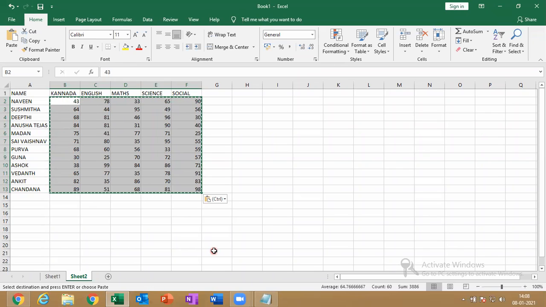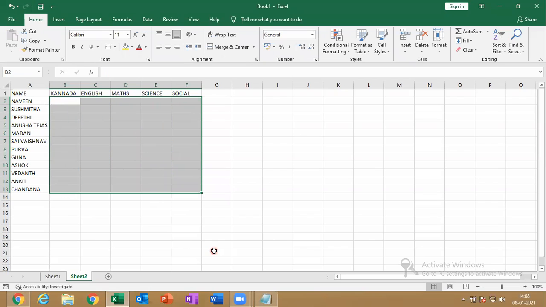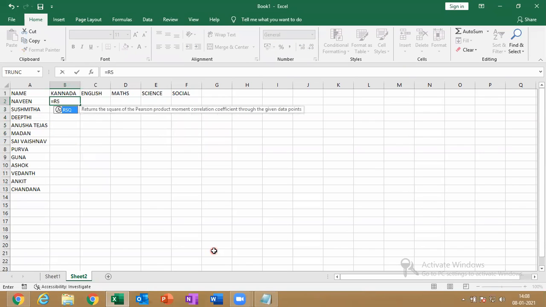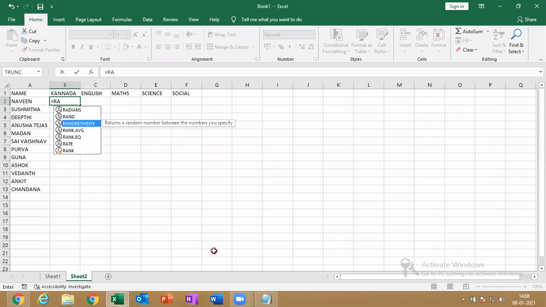So let's go further. Just save this file. Let me do it one final time, so don't take too much time here. Type equals RAND, come down, and use the tab key, or if you have a problem, type RANDBETWEEN and open bracket fully. Using the tab key is very easy.